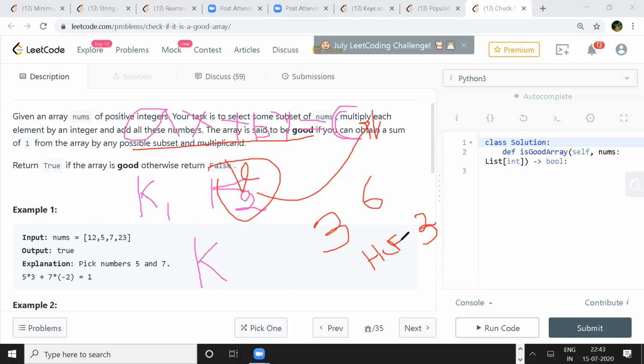No, let me tell you the whole point. Since C is 1, the GCD of A and B should also be 1. There are no integers greater than 1 that divide 1, right? That is the intuition behind why the GCD here has to be 1, since AX plus BY has to be 1. So the greatest common divisor of A and B should also be 1 for X and Y to exist. Because in our case, C is 1.